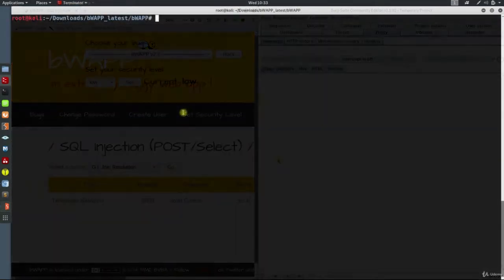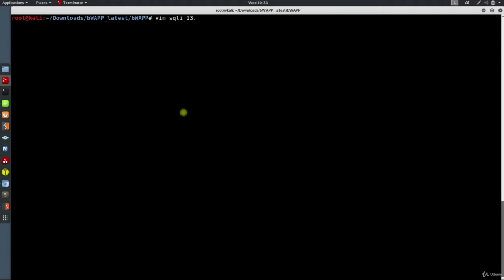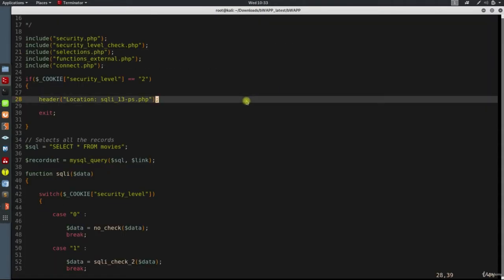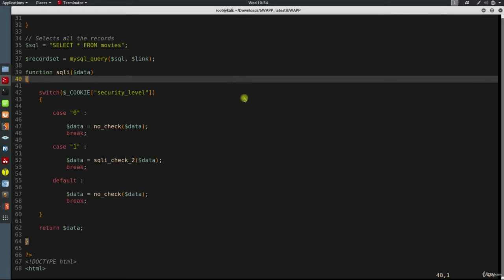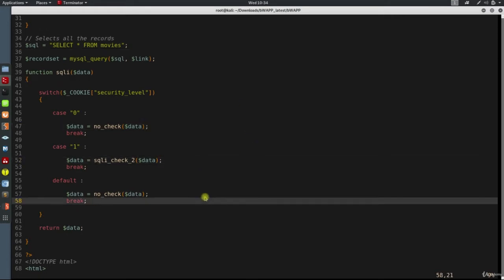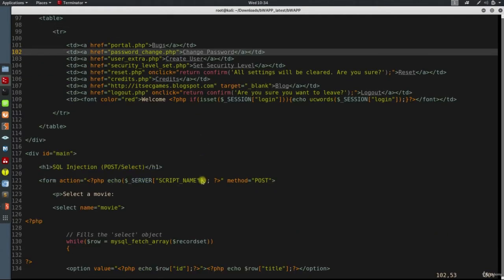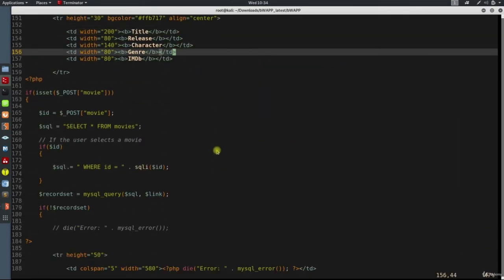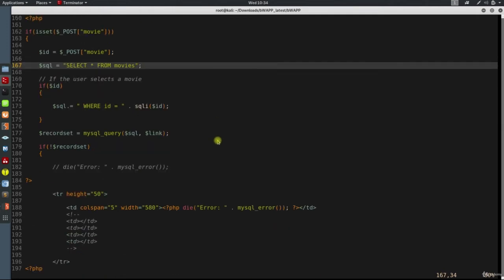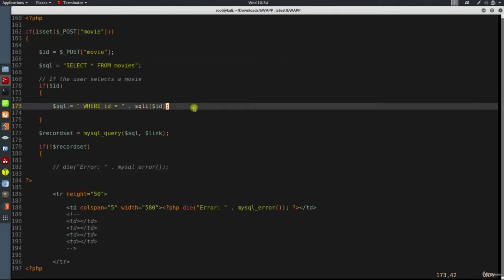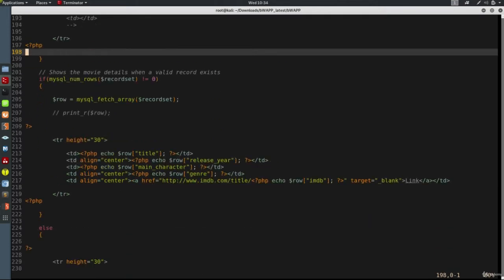Now, before we go any further, let's have a look at the code. The function is here to call security checks according to security levels. Okay, we already displayed the functions. So scroll down to see the SQL query, and here's the query. It has two parts. Now the second part is where the user input comes in. It takes an exact numeric value and then selects everything about this record. So we need to write appropriate queries to work with this query, and then the remaining code will display the